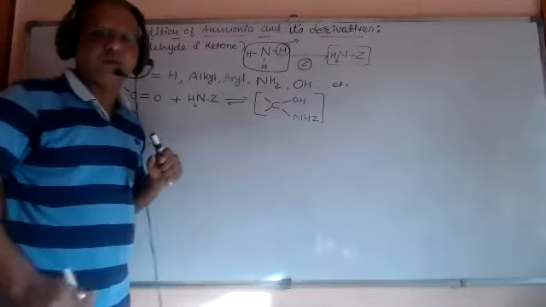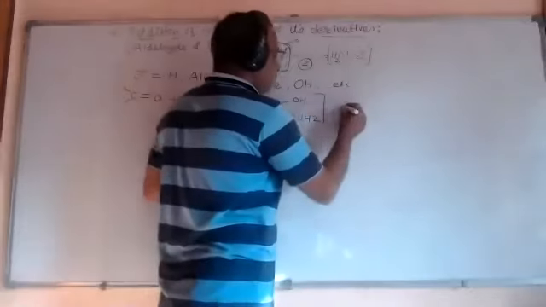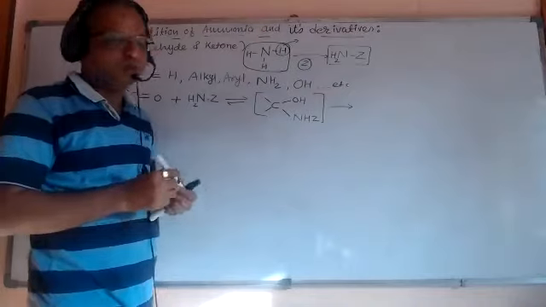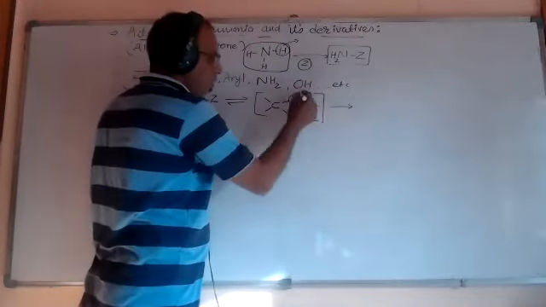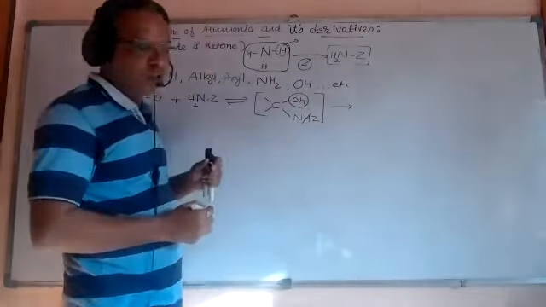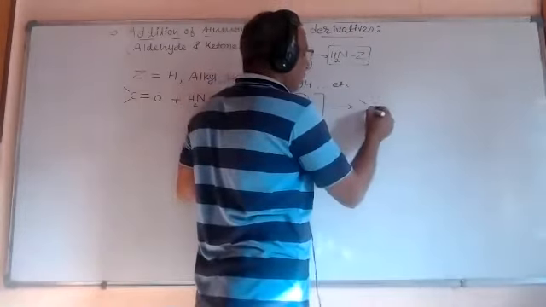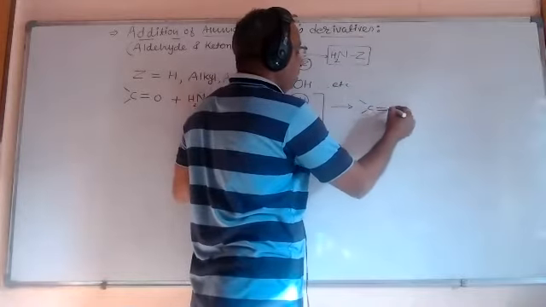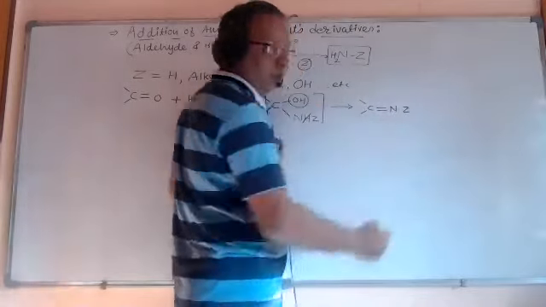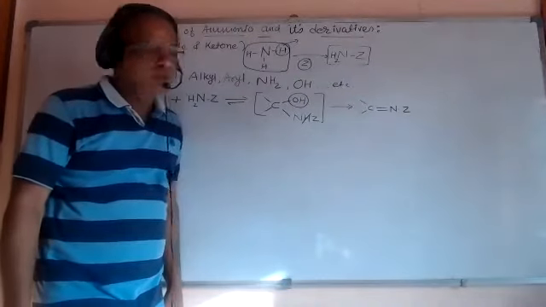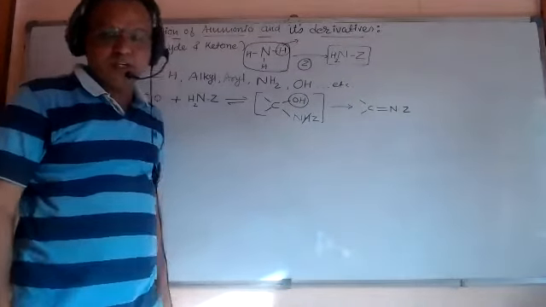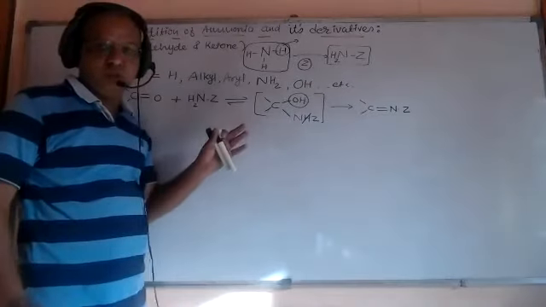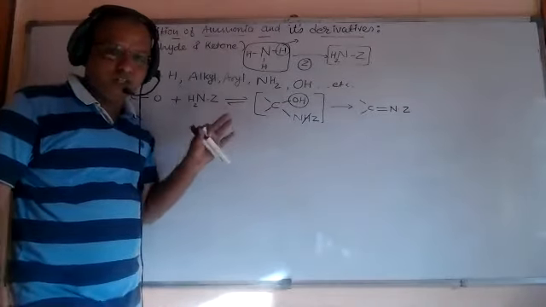This is the intermediate product. In the second step, friends, a water molecule is to be removed. OH from this and H from nitrogen. And friends, a double bond will be formed between this carbon and nitrogen. This is the final product we obtain. This is the common formula, friends. So let's check how it works.